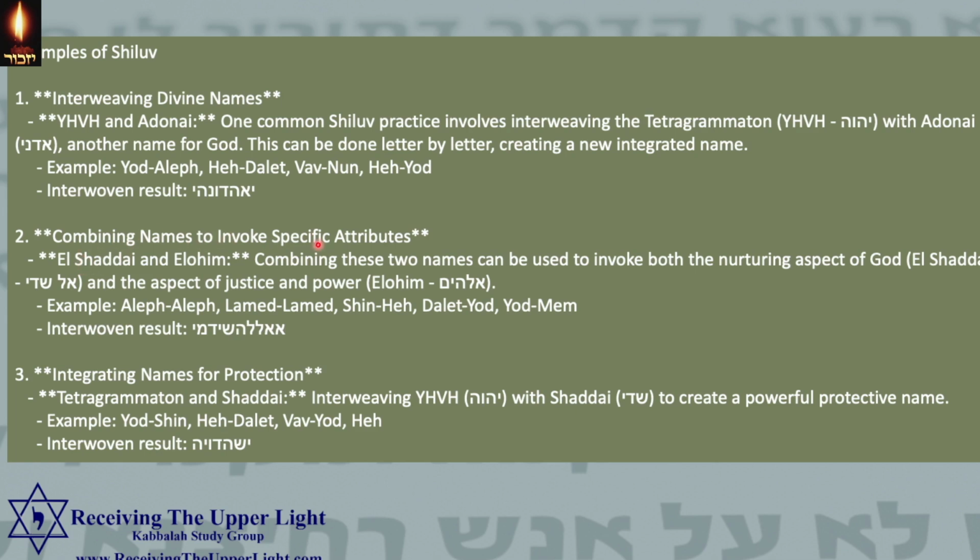Combining names to invoke specific attributes. For example, El Shaddai and Elohim. El Shaddai is from Yesod and Elohim is Geburah. Combining these two names can be used to invoke both the nurturing aspect of God, El Shaddai, and the aspect of justice and power, which is Elohim. For example, we do the same thing we did with the Tetragrammaton and the name Adonai. We interweave these two names and the result would be Aleph, Aleph, Lamed, Lamed, Hey, Shin, Yod, Dalet, Mem, and the Yod. And once again, you have here a whole structure that you can meditate on